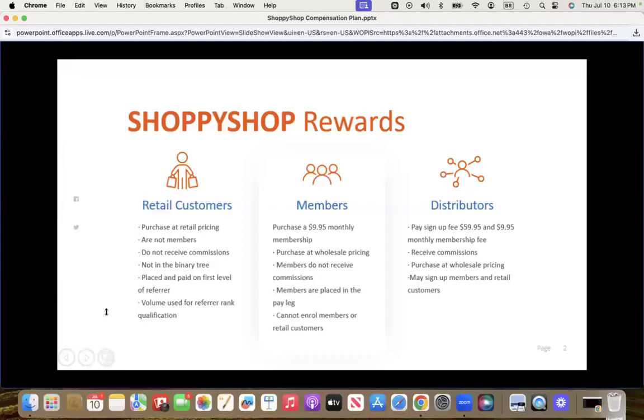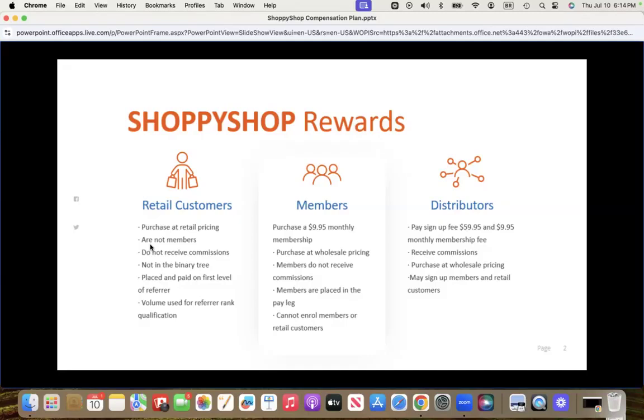On our products. And then members, they're also placed in the pay leg. Now, this is really important. We are placing any of your members that come in for $9.95 into your pay leg, right? This is in the binary, in the front tree. So the front tree, the binary is all the $9.95 memberships, and it's also the initial purchase of $50 to